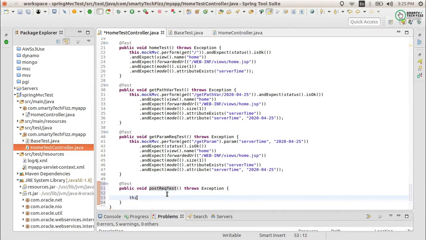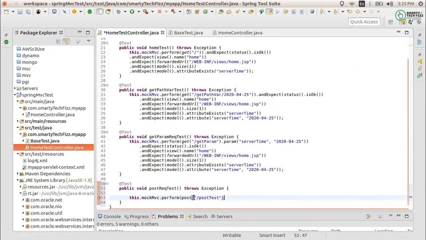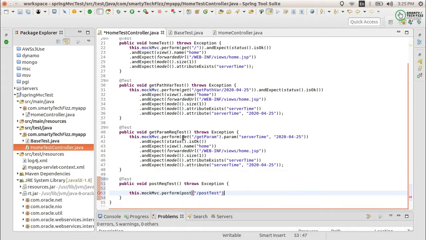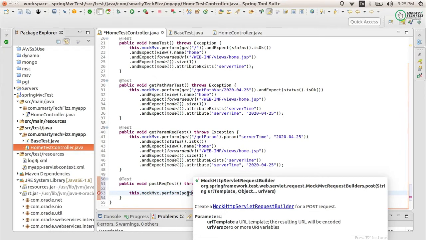Now next is mockMvc.perform, post. By using this post or get, we define my URI and its type. It is my post type, that is why I am defining post here.